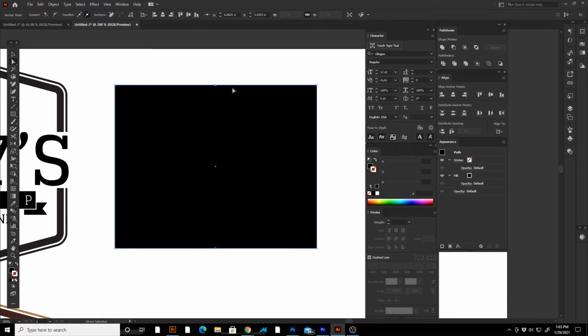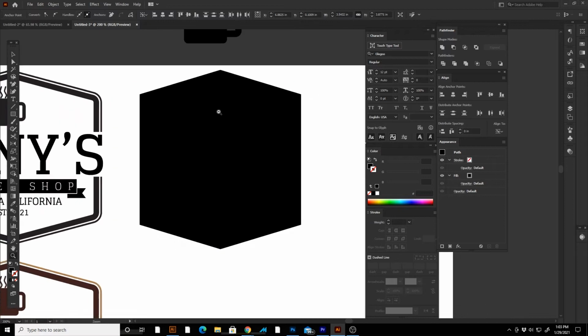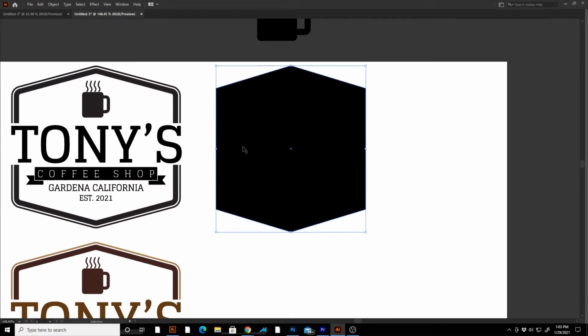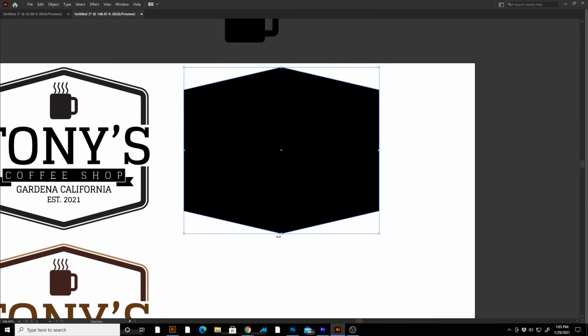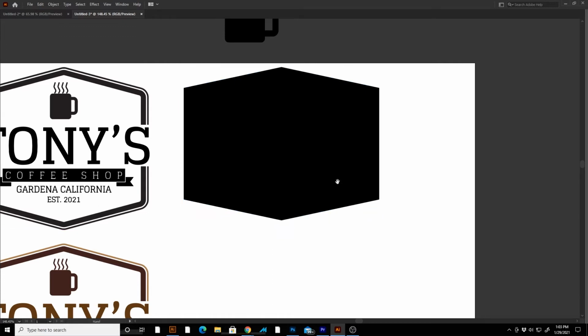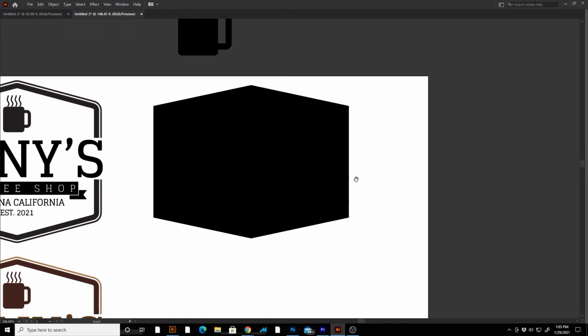Now I'm going to get my direct selection tool, select this top anchor point that I just made, hold down shift, click, and select the bottom one. Now I'm going to use my scale tool. That's right here. Keyboard shortcut is S. And with the scale tool, I can just click and drag out here until I have this sort of shape. Now you'll see this one is obviously narrower than this one, so I can just extend that out that way. I can even do that. Okay, so now once I have this shape about how I want it,